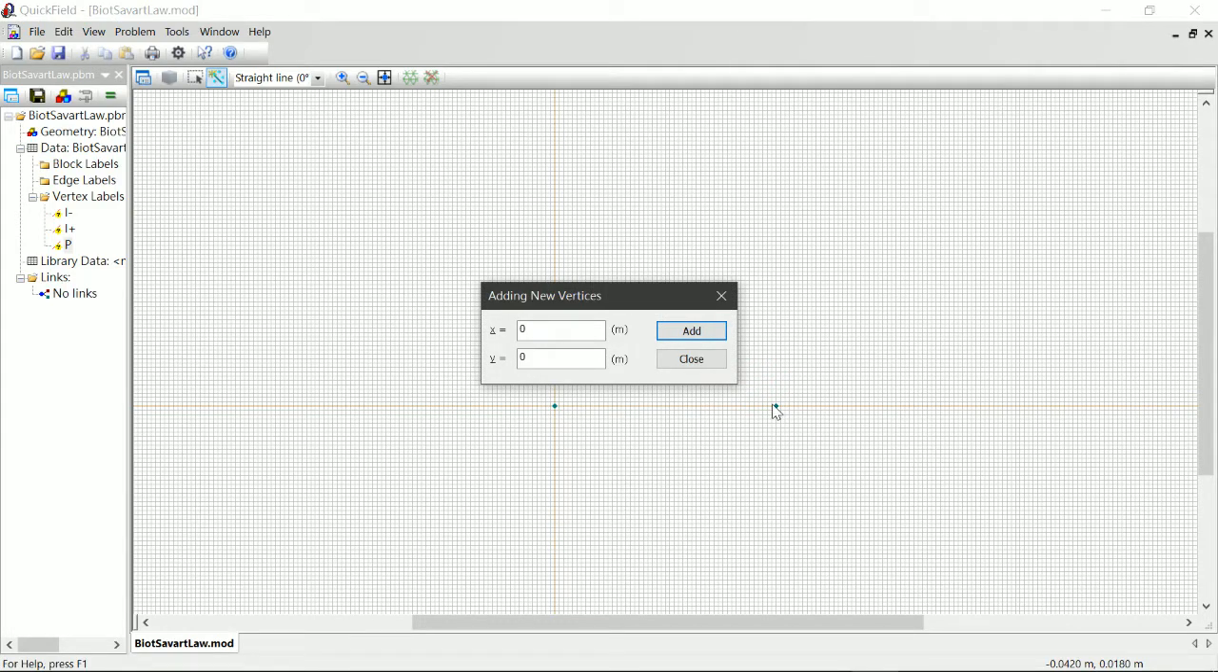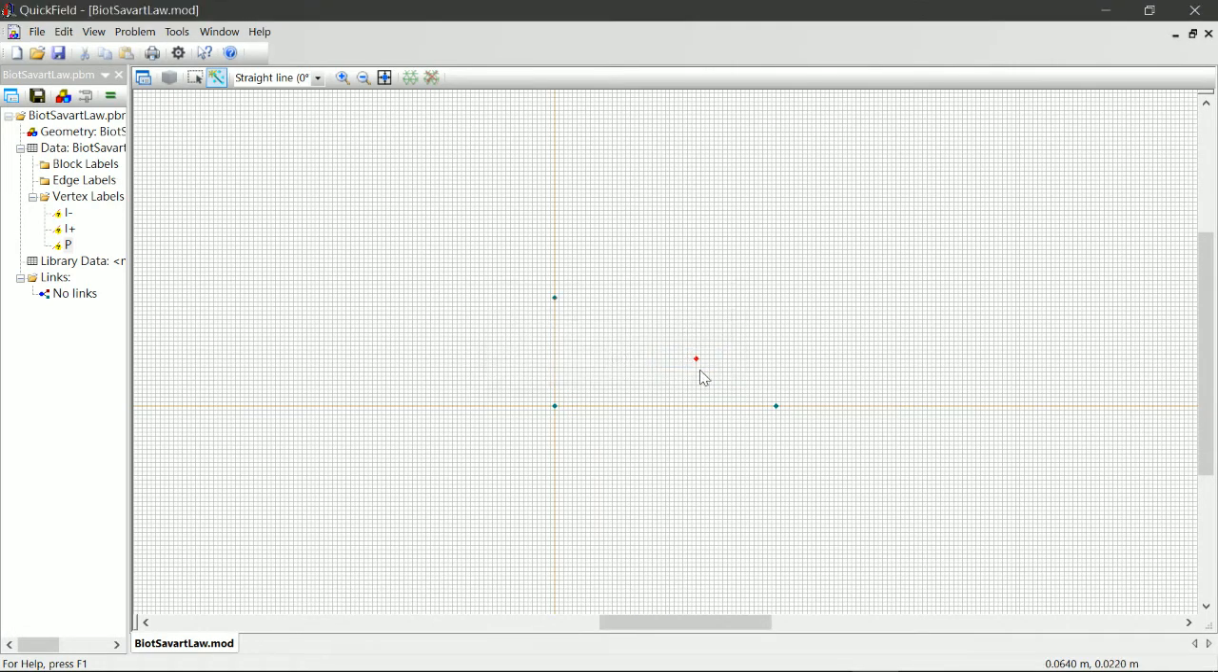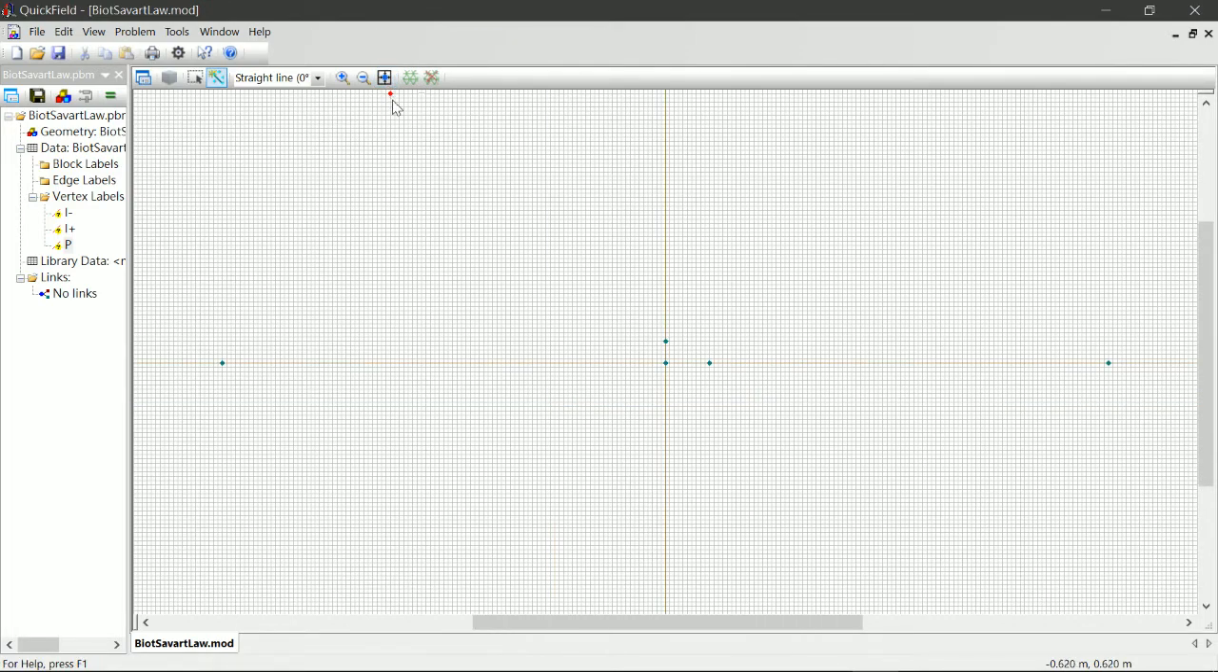Now we may be able to add a point at 1 meter, 1, 0, add, and then also we add another point -1, 0, and then click add and then close, and then we click zoom to fit so that we can see another 2 points. This one is